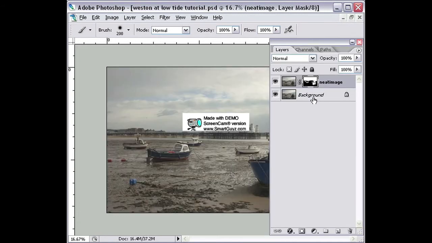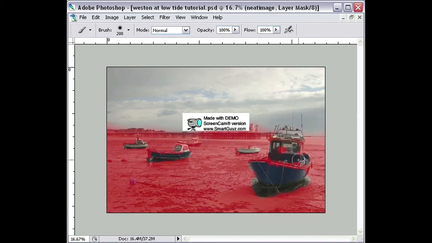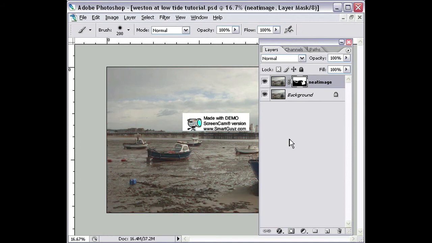The other thing I can do, if I alt click again, go back to the main image, if I alt shift click, I get this useful red mask mode, where I can now see on the image where I've missed. That's pretty useful. Okay, so alt shift clicking back on the mask again to get rid of that. So that's my